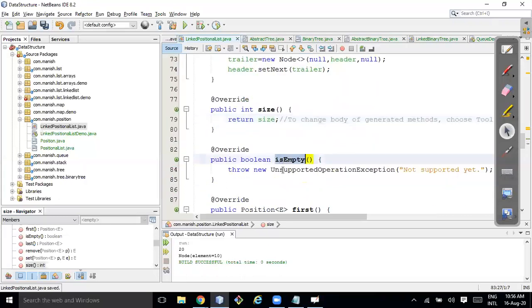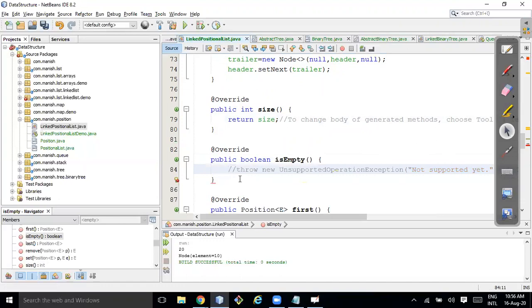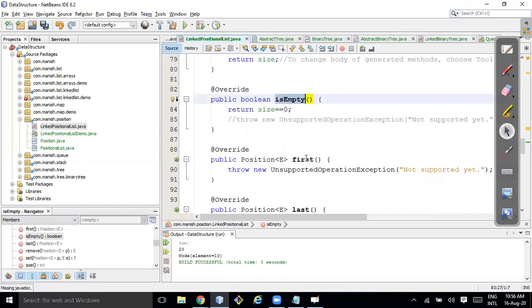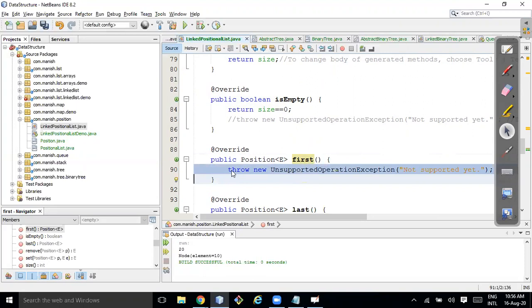That's good. For isEmpty, you can directly write return size is equal to 0. If it is 0, then it will return empty. That's good. First: how can you get the first?